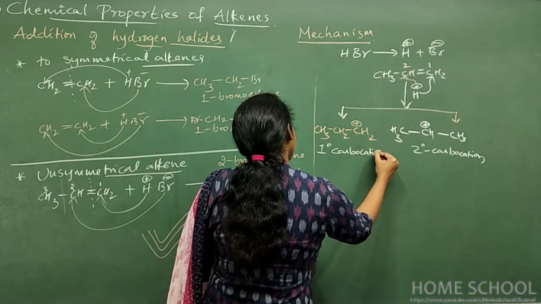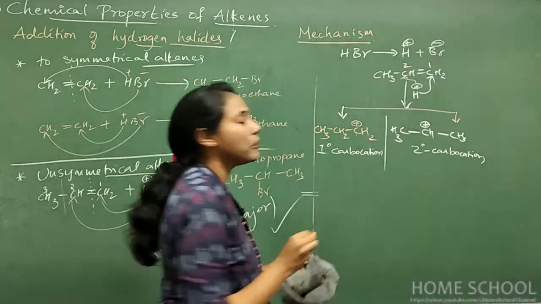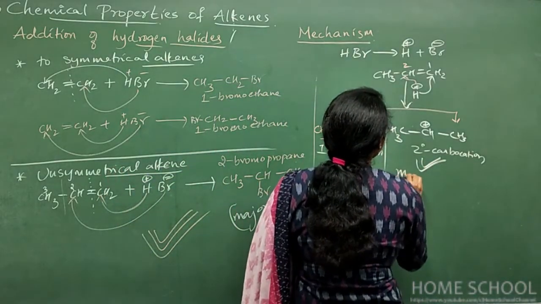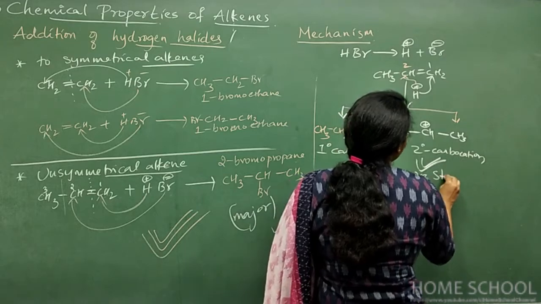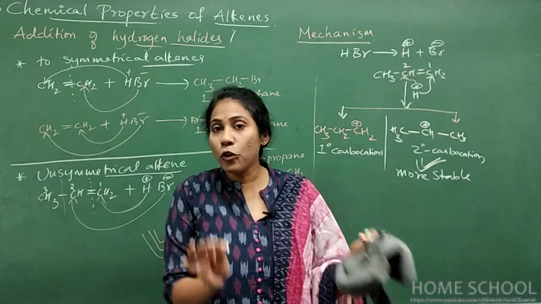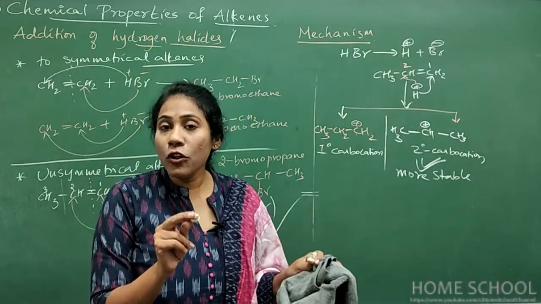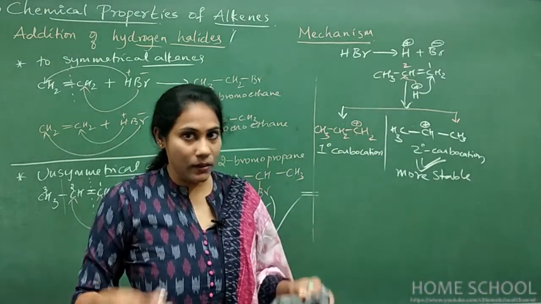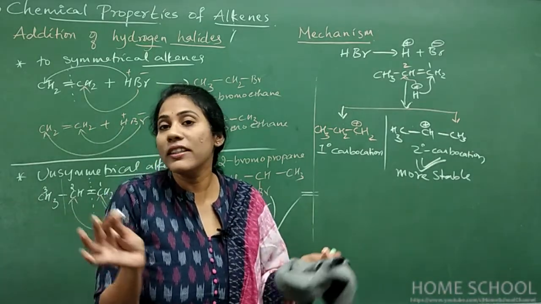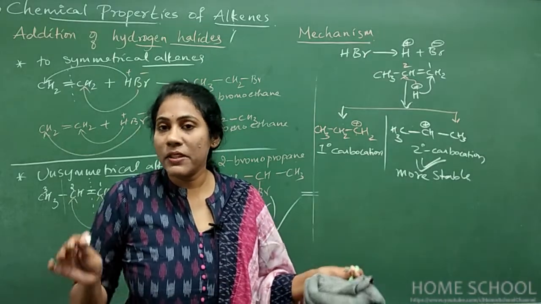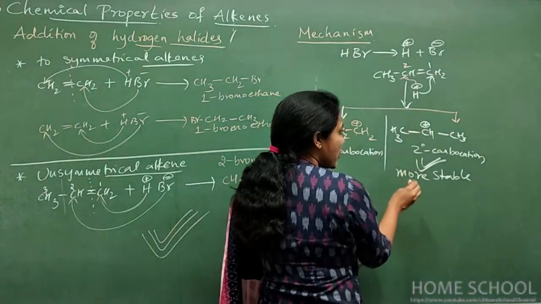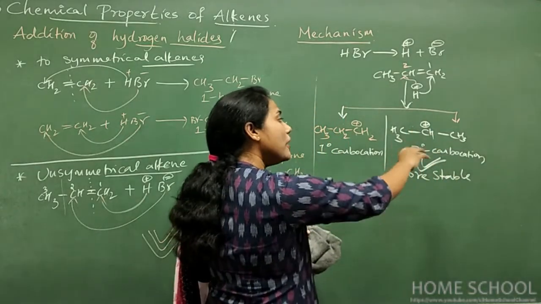So we have studied the stabilities of carbocations, right? Always, the secondary carbocation is more stable, guys. Why more stable, how more stable, all that I'm not discussing here because it's already over. If you refer to the video mentioned in the description, you will understand all that. I already mentioned all this in my first chapter, the organic chemistry first chapter. Okay, fine. Since this fellow is more stable, it will stay in the reaction for more time.